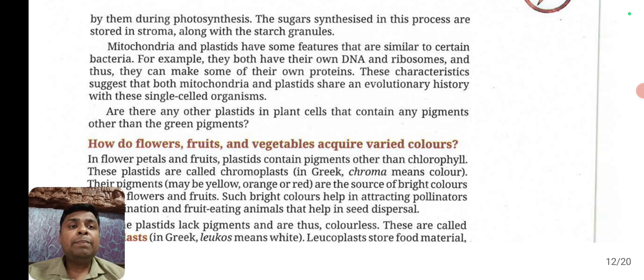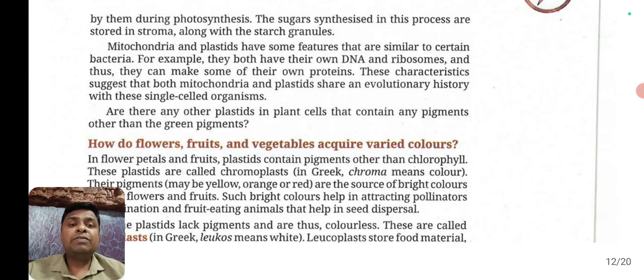So mitochondria and plastids have some features that are similar to certain bacteria. They both have their own DNA. This is a special thing. Mitochondria has its own DNA. They can make some of their proteins. So these characters suggest that both of these have an evolutionary history of single-celled organisms. Maybe they were earlier single cells. Now they have come inside our body and they are doing the work in tandem, in coordination with the other